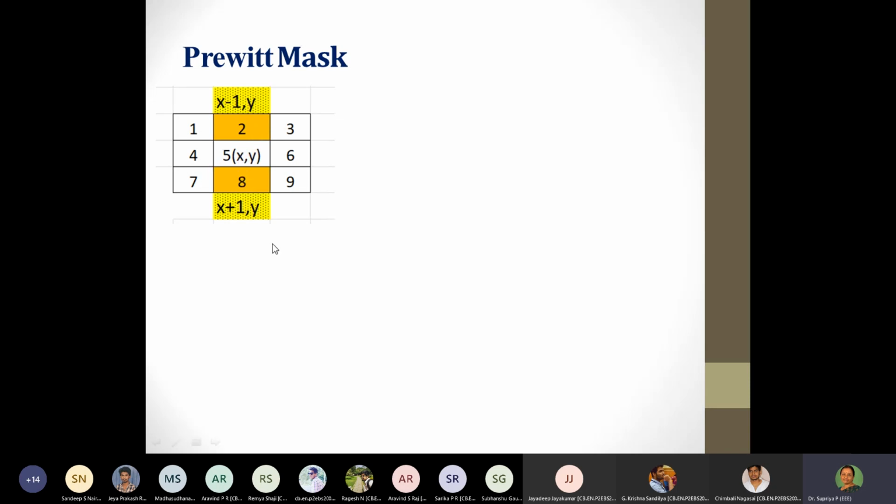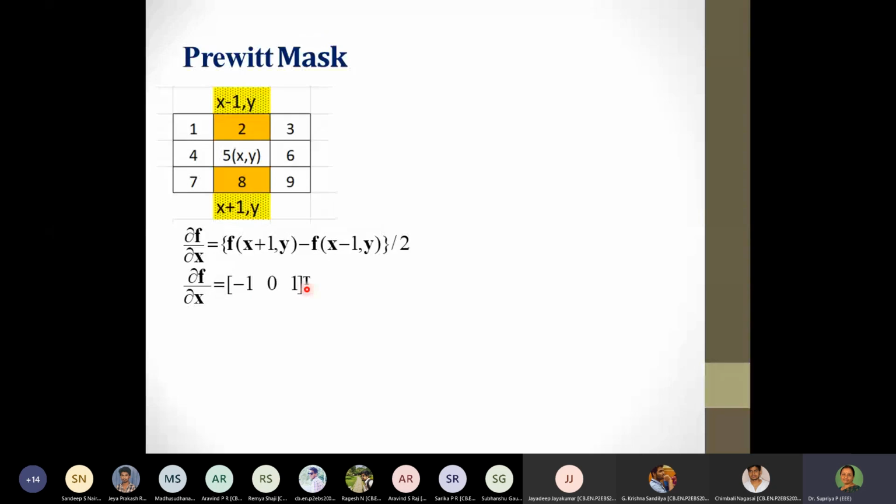So that is the expression that we are going to use, and you will see this is exactly the expression that we have used. Dou f by dou x is f of x plus 1 y, this particular element, minus f of x minus 1 y divided by 2. I mentioned to you, though there is a division by 2 when we consider the central difference, it is considered as a factor and not involved in the mask. So your mask will be minus 1, 0, 1.